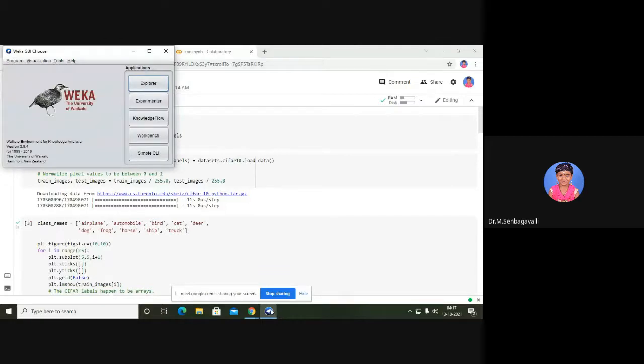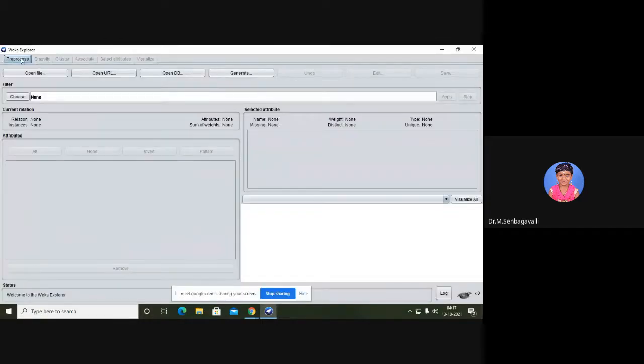Once you enter, we first have to pre-process the data. So we have to maintain the flow. Once you have collected the data from various sources, we cannot apply the raw data to a particular algorithm. We have to do the pre-processing. During pre-processing, you can identify how many data are there and how many missing values are there.